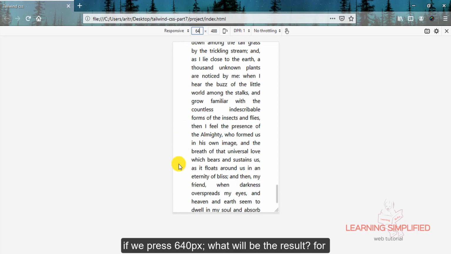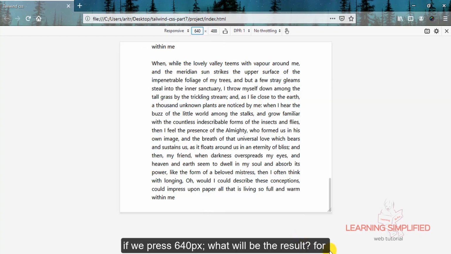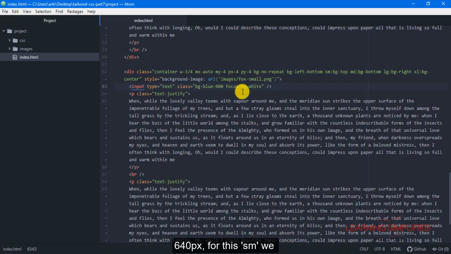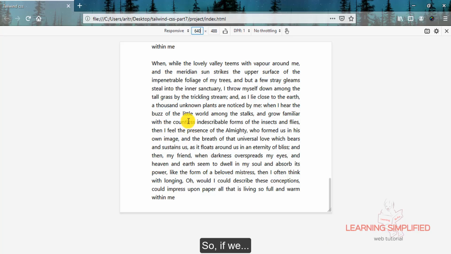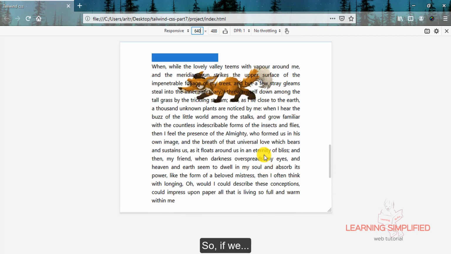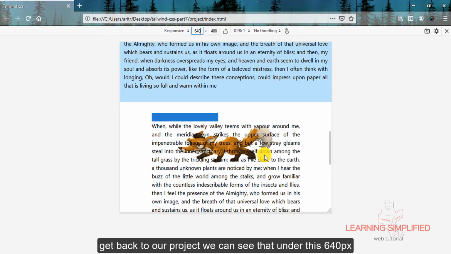Now if we press 640 px, what will be the result? For 640 px, for this SM, we have put this image position to the top position, BG top. So if we get back to our project, we can see that under this 640 px condition, the image is at the top position.